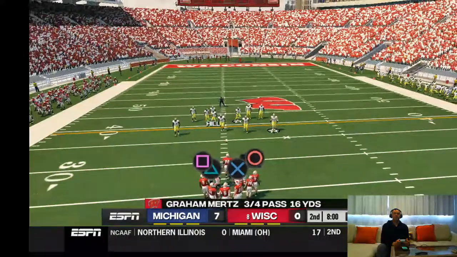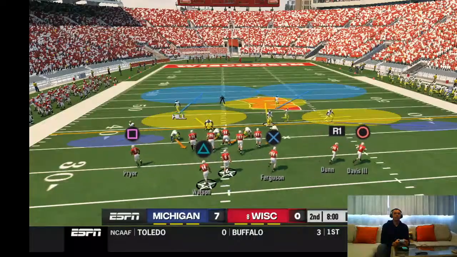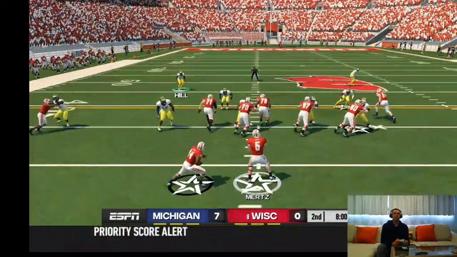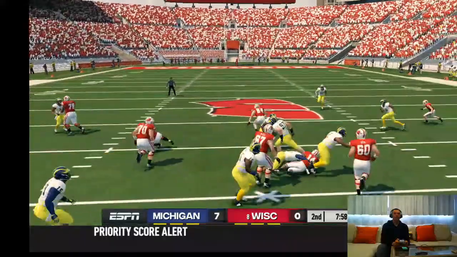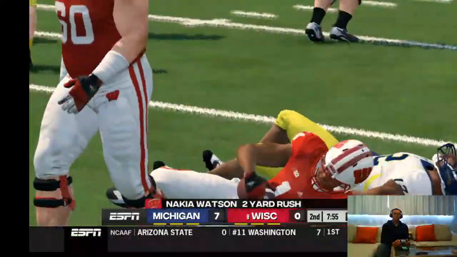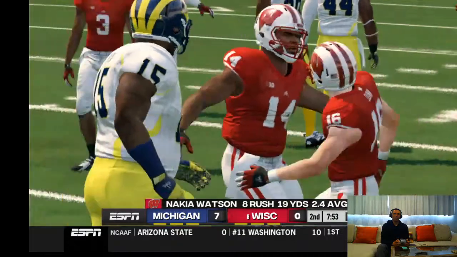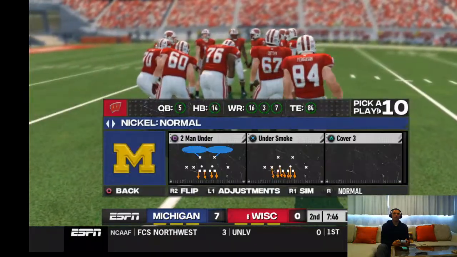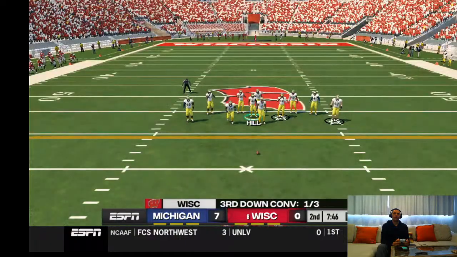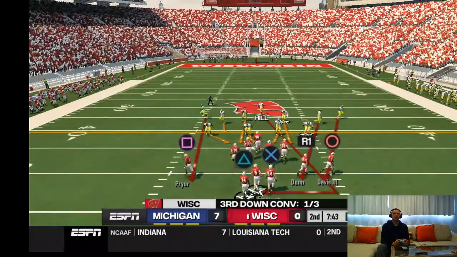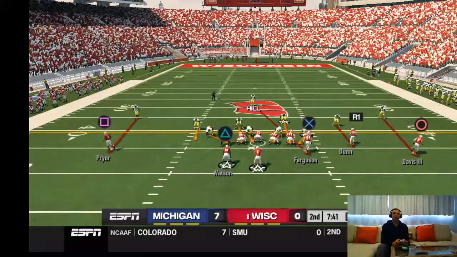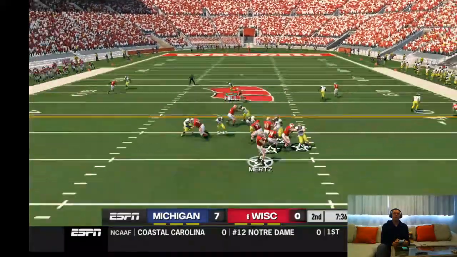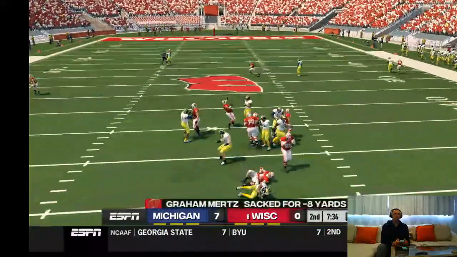Welcome back here. We resume action now here in the second quarter. They'll bring him down around the 37-yard line. Now let's see. Their third down calls have been weird today. So it's third down, and they've got about 2 yards to go. They bring a blitz here. I don't always like the blitz on third down. There they go. They bring the quarterback down.